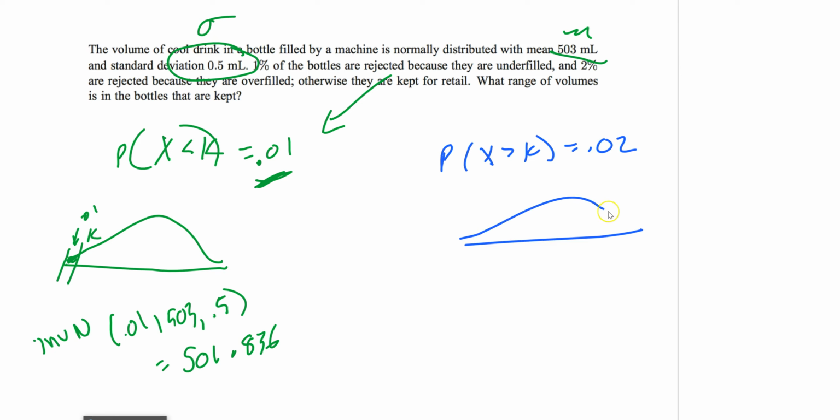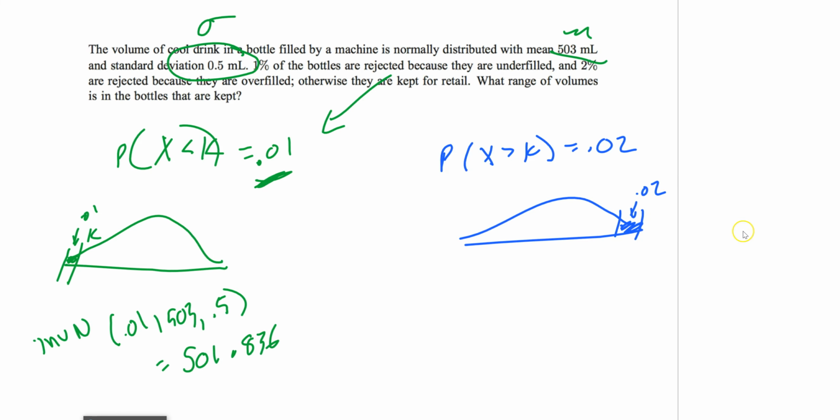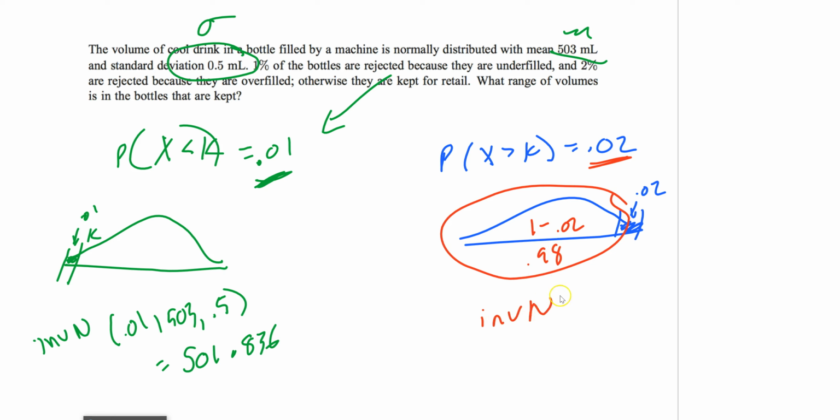We draw it. Now it's overfilled, greater than, so I'm showing it on the right hand side. So it's only a small portion right there. That's 0.02. But as we've been doing all video, when you do invert normal, you can't do that. I have a percentage, I gotta do invert normal. I can't do the right hand side, it has to be left hand side. Lucky it's an easy fix. You just do 1 minus 0.02 and you get 0.98. So you do invert normal 0.98. I have all the information already. 530 and 0.5. Plug that into my calculator and I get 504.03